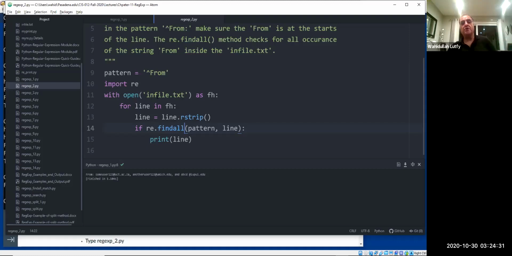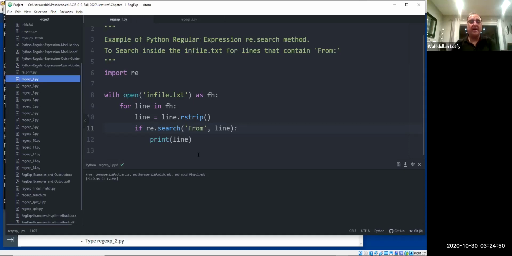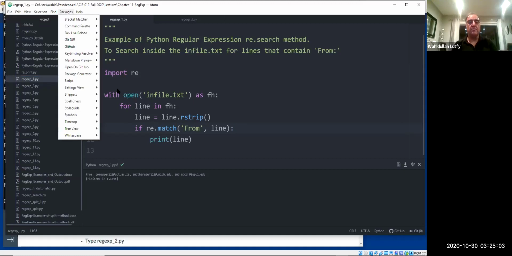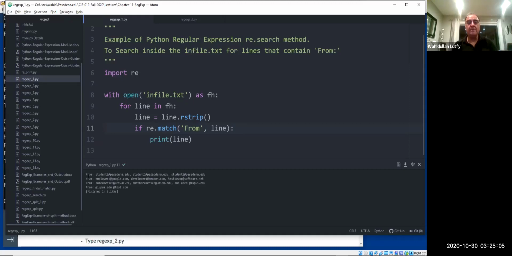Like you could see the .edu was matched there, and then somewhere else was matched there. So whether at the start or the beginning or the end, it does not matter. But with match, if I go back here and change the search to a match method, this will not match, because match will match from. Notice that if I run this one and then run this package here, now from is matched, but if I change this one to .edu,